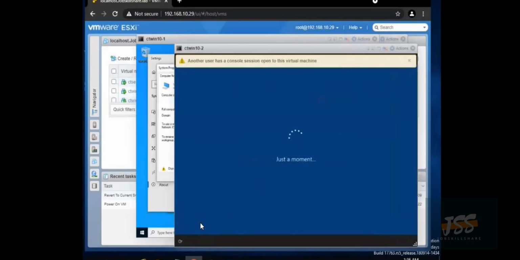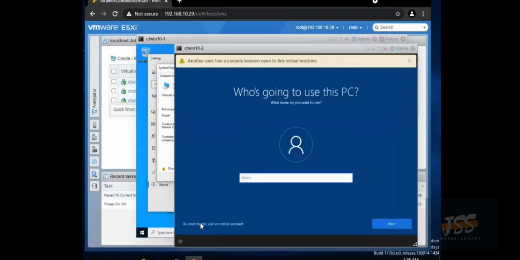But as I repeated, it doesn't have to be the same. You can use another local account, and later after joining your machine to the domain, you can log in with the account that you created on Active Directory. So when our machine is ready,